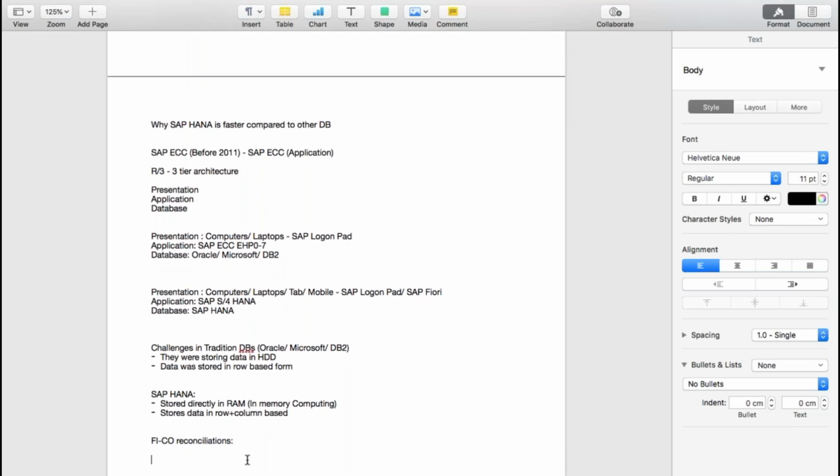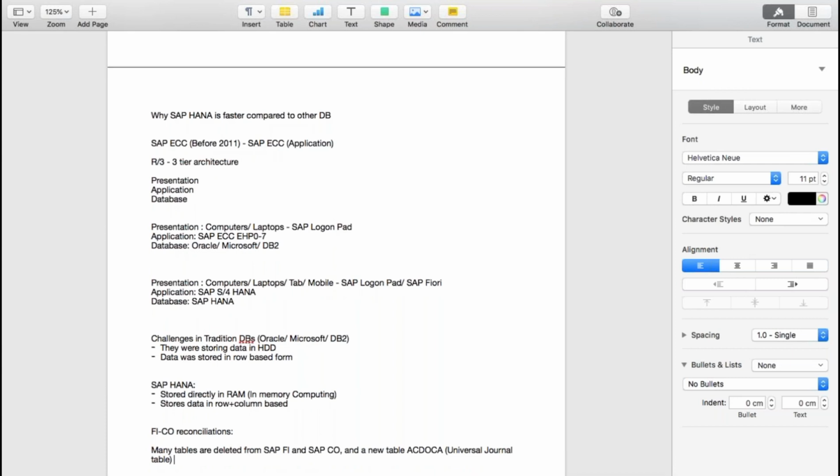Many tables are deleted in SAP S/4HANA. This is another change. Many tables are deleted from SAP FI and SAP CO. I'm concentrating only on SAP FI and CO, but this doesn't mean tables are deleted only from FI and CO. Tables are also deleted from the logistics module. So many tables are deleted, and a new table, ACDOCA, also called the Universal Journal Table, is introduced.